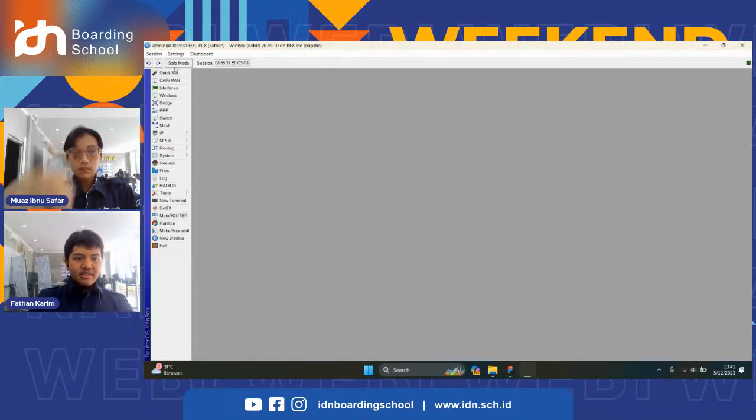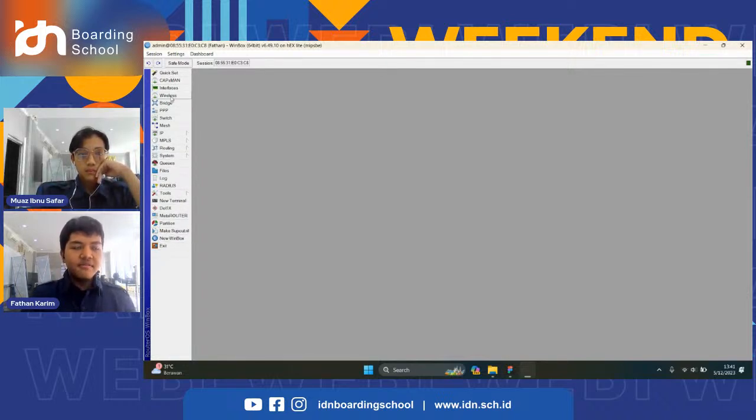And we're going to go to the next one. This is the undo and redo menu, which means if you make a mistake in the configuration, you can press the undo button here. In the left side there is the menu to navigate the configuration. And lastly, there is the workspace, which is where the window interfaces are placed.